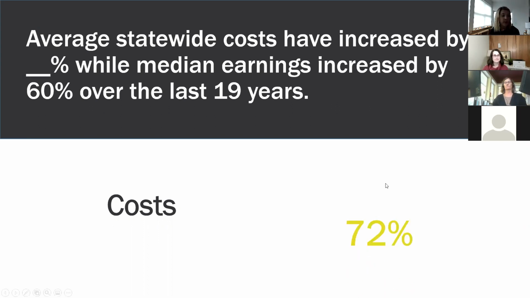Okay, so actually the answer is 72. So on average, and this is across the state. So a lot of the people who are answering these high numbers, maybe you are thinking about specific counties that are west of the mountains, like King County and some of these places that are experiencing really burdensome housing costs that are increasing at a fast rate. So the answer is 72%, while median earnings have increased by 60%. So there is still this gap for families who are not experiencing the same level of wage growth that costs are growing. Okay, great. Thank you so much for that.